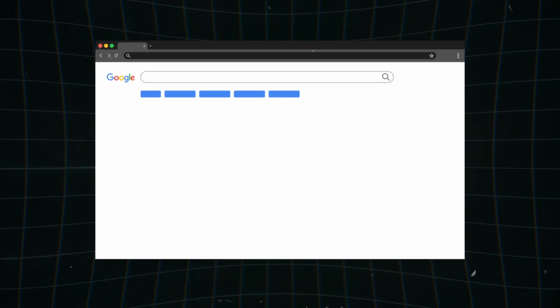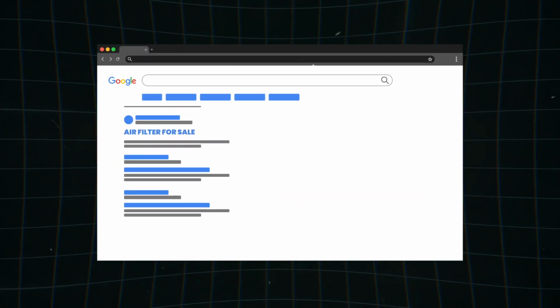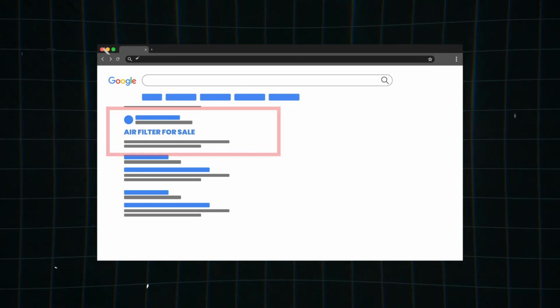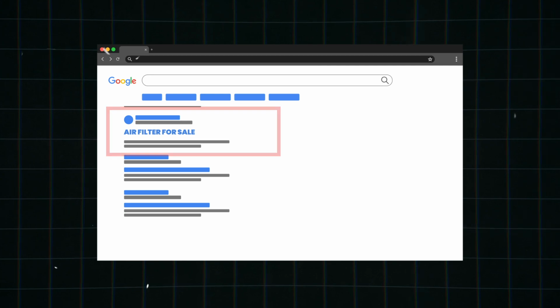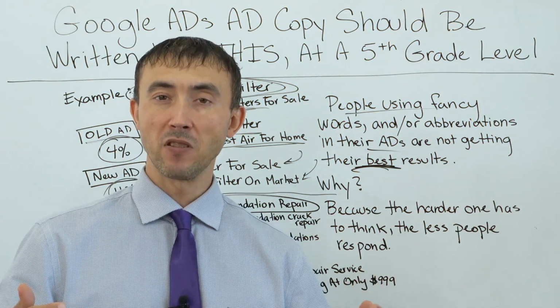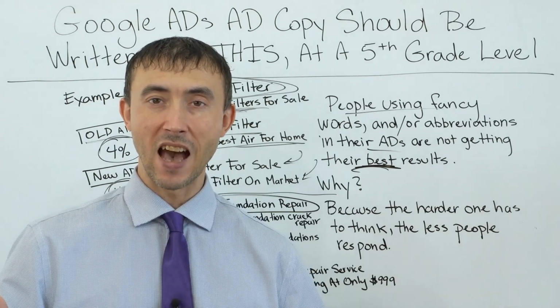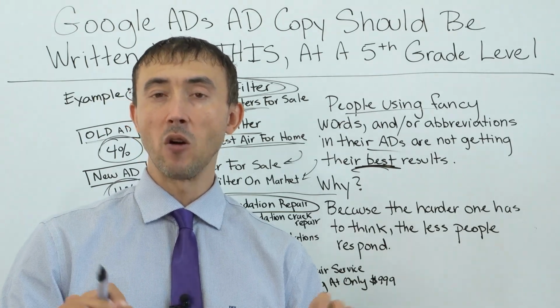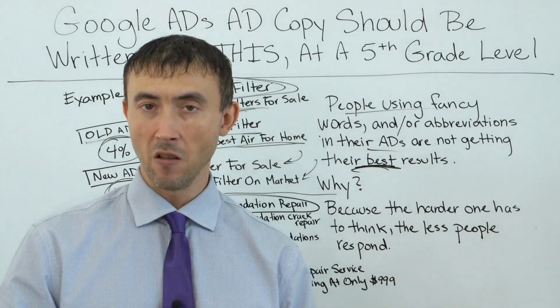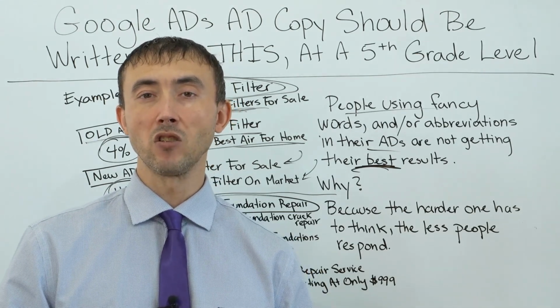So that as they're scrolling down the ads and deciding which one to pick, your ad stands out as the obvious one to pick if I'm not trying to think very hard as to which one of these actually does what I came for. People are half asleep, half paying attention when they're looking at the ads. They type in air filters for sale. They don't want to see an ad that says air filters here. They want to see air filters for sale, or at least that's what's going to get the highest click-through rate